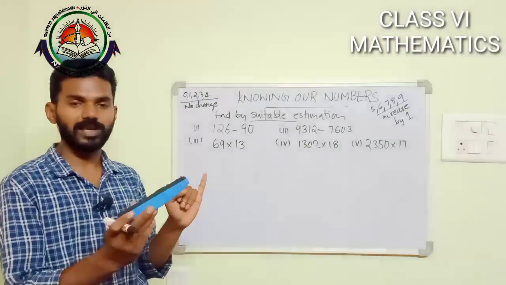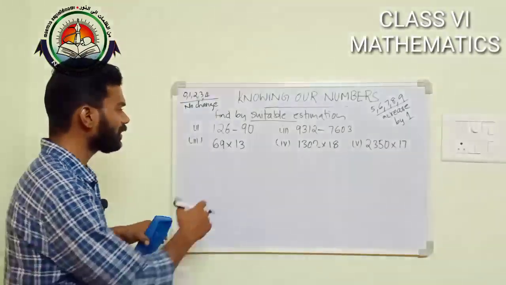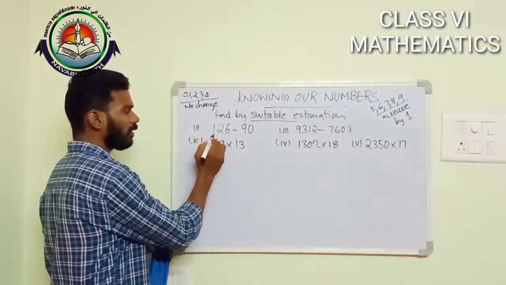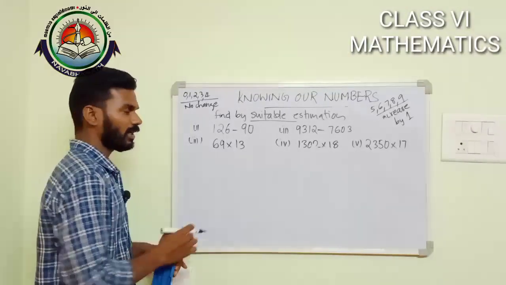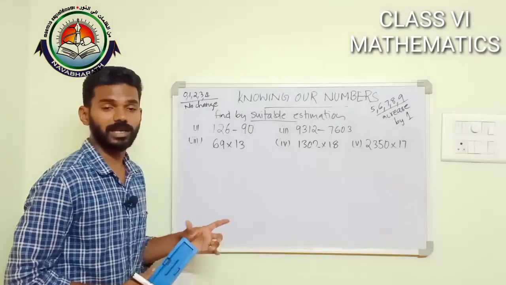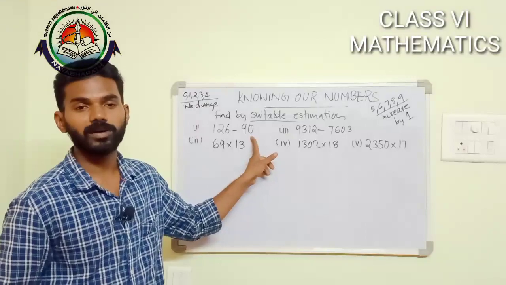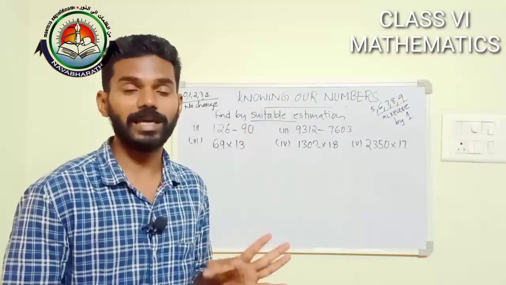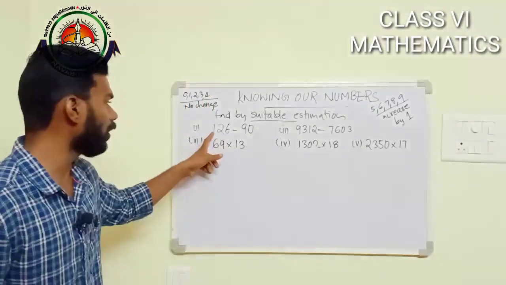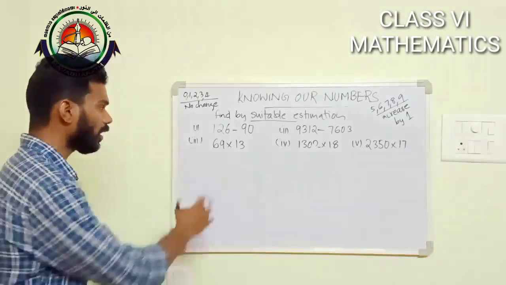For subtraction and addition, we consider the given numbers. Then count the number of digits. Here there are 3 digits and here there are 2 digits. Which is the number having the minimum number of digits? It is the second one, the 2-digit number. 2-digit number means tens. Clear? So we have to round off both the numbers to the nearest 10. Clear? So how can you do this?